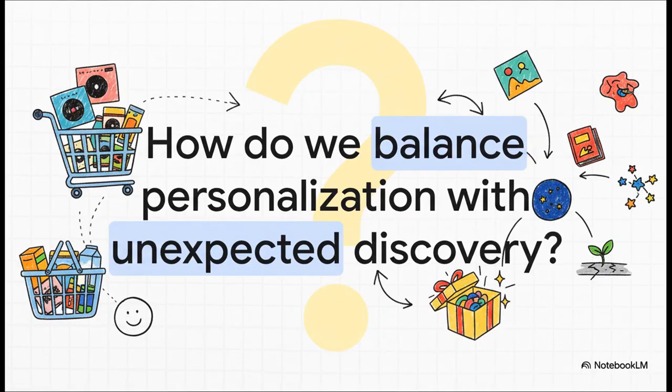So, from finding hidden patterns on a supermarket shelf to predicting the next song you're going to fall in love with, these systems are powerful tools that are quietly shaping our digital lives, making our choices easier and, well, more relevant. But as they get smarter and smarter, it does leave us with one final thought. In a world of perfect predictions, how do we make sure there's still room for serendipity, for that amazing, joyful experience of discovering something we never ever would have looked for on our own?